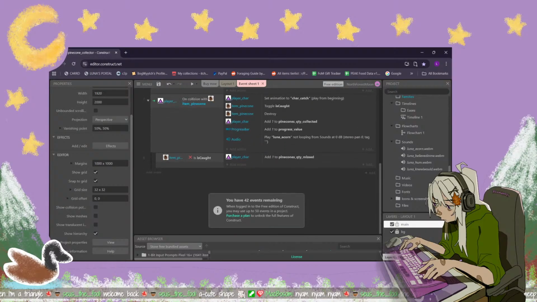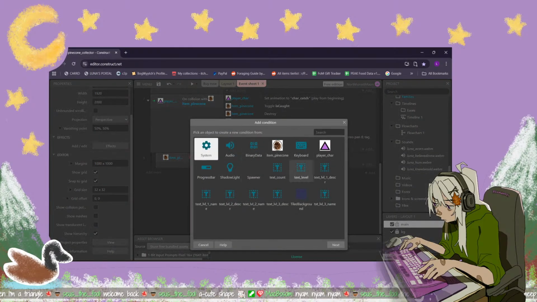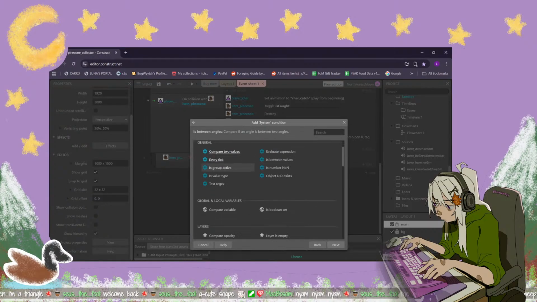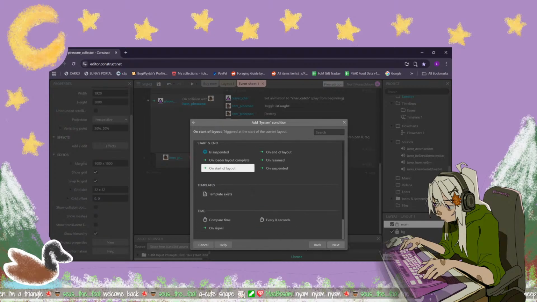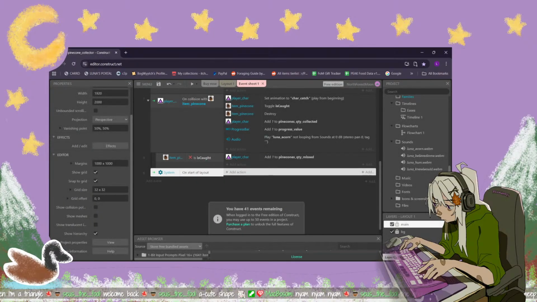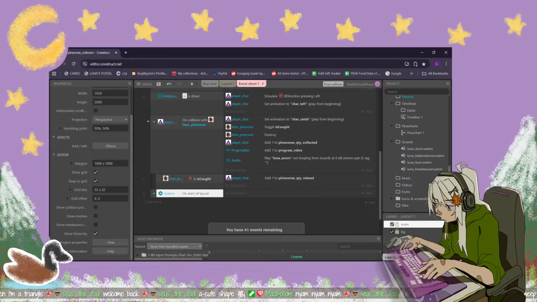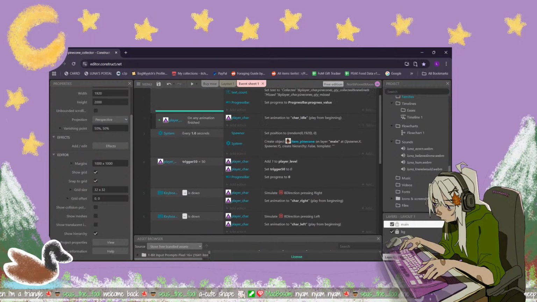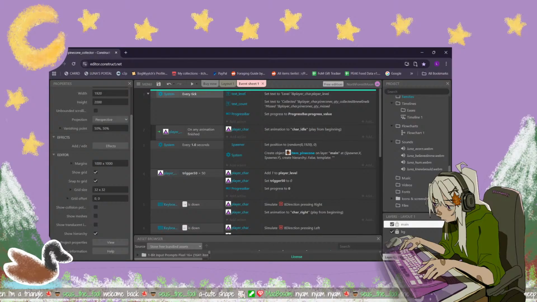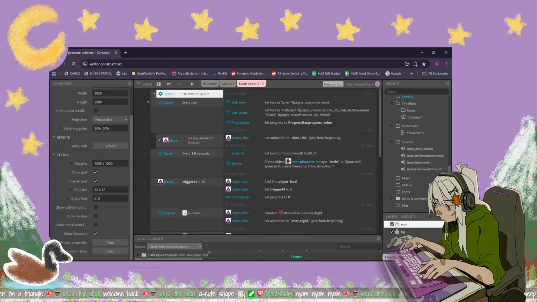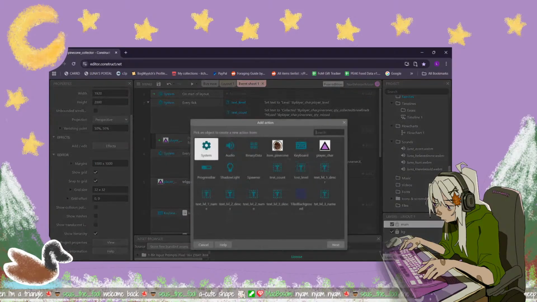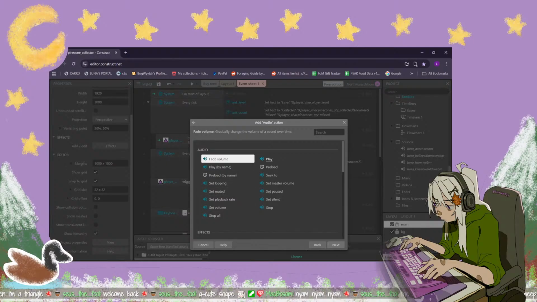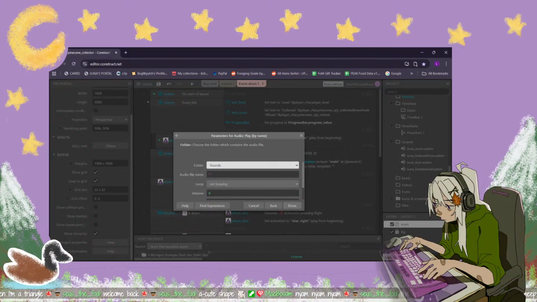Maybe I should add on layout start. Where is it? Layout, no. Oh, on start of layout, here it is. On start of layout, and I can move that up. Oh, wrong one. Block. On the start of layout. And then, what's this arrow? Oh, this is what's inside this. Okay. On the start of layout, I would like to play the